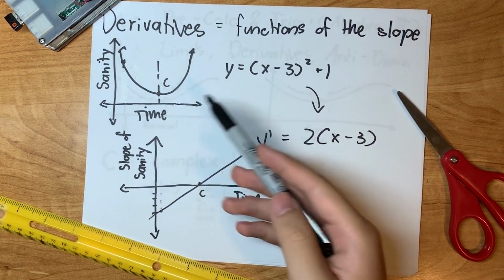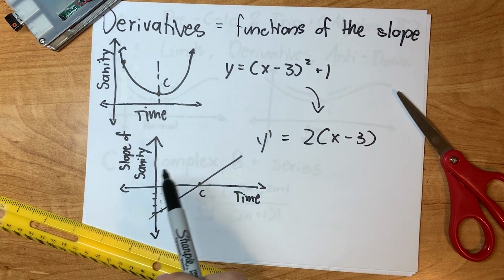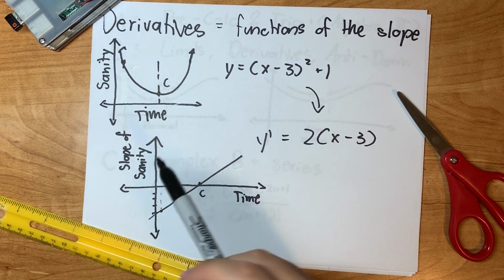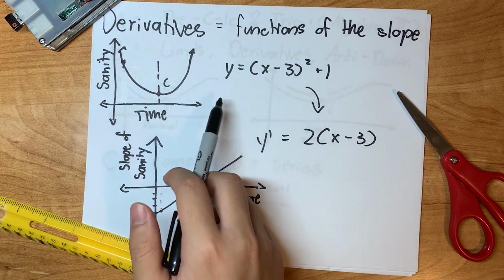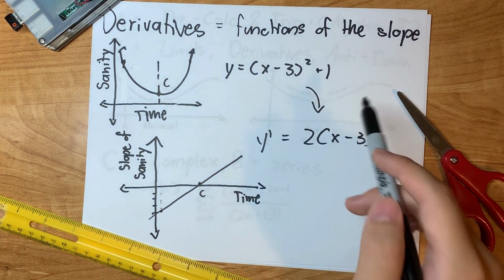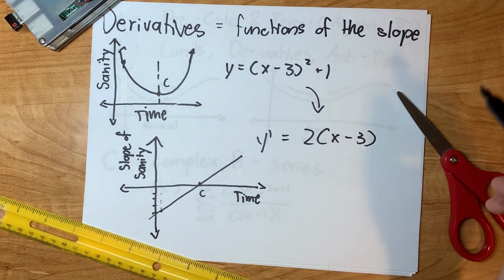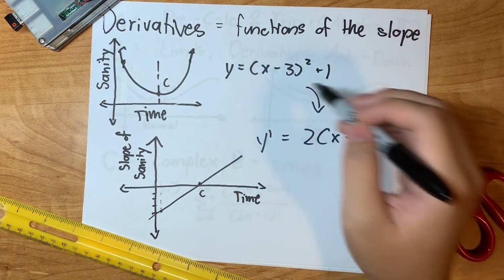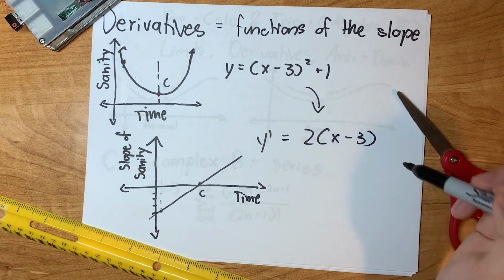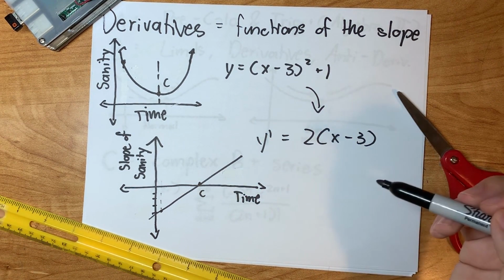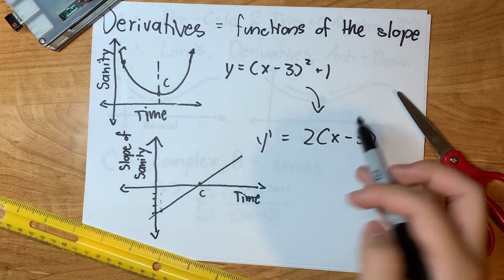Derivatives are essentially functions of the slope. They take a mathematical relationship and tell you how it changes over time. For example, take this y equals (x minus 3) to the power of 2 plus 1 curve. When I take the derivative of this function, I get y prime equals 2 times (x minus 3). Later on, we'll get to how to derive, but for now, just accept that this second function is the derivative